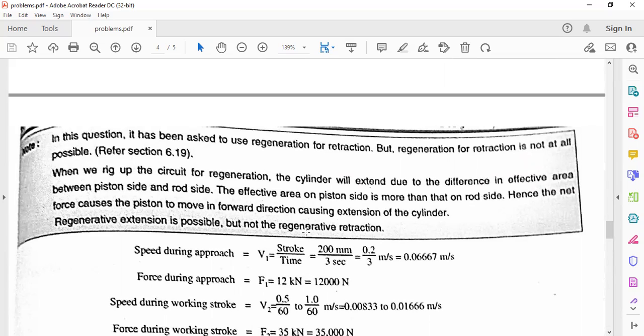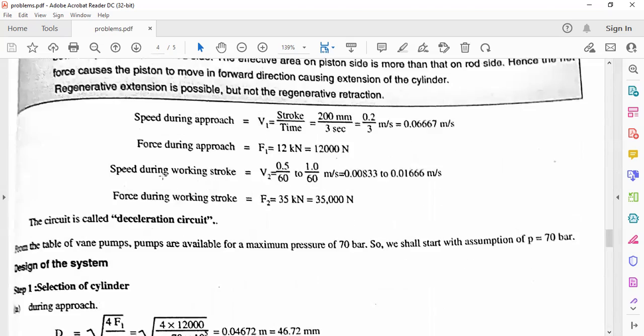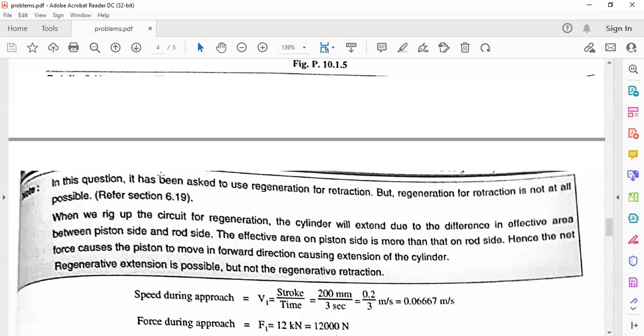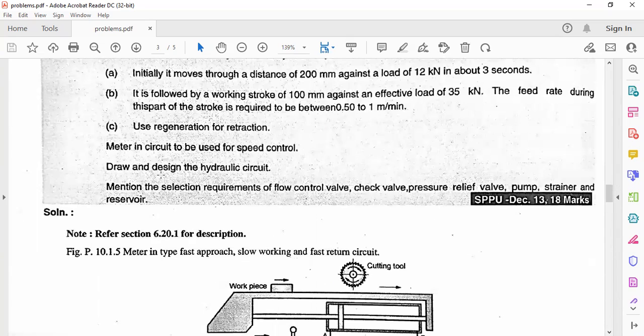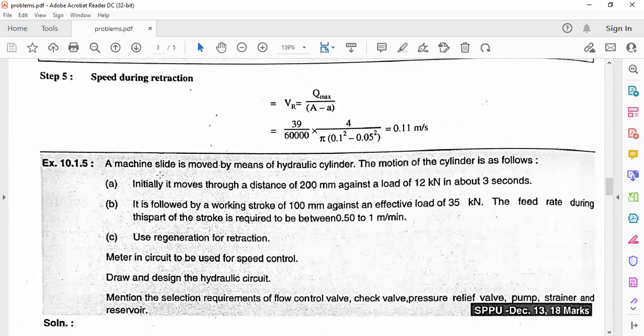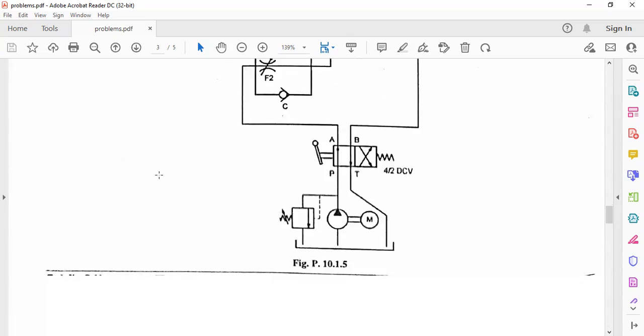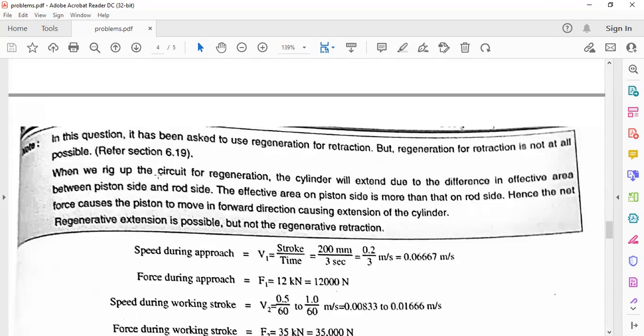So we discussed this problem, a very simple problem. We can see here, in this question, this is a metering circuit. In this question, it has been asked to use regeneration for retraction, but regeneration for retraction is not at all possible. When we rig up the circuit for regeneration,